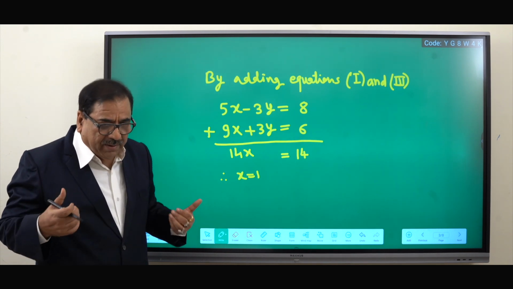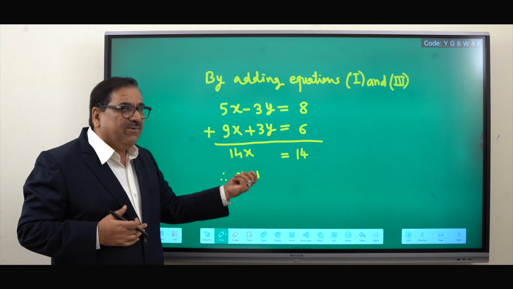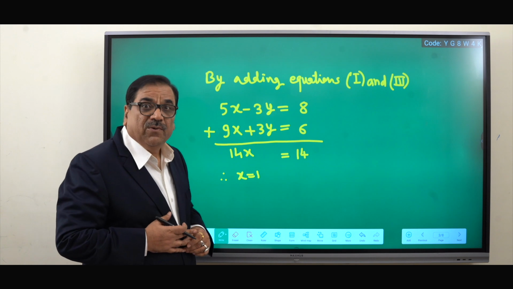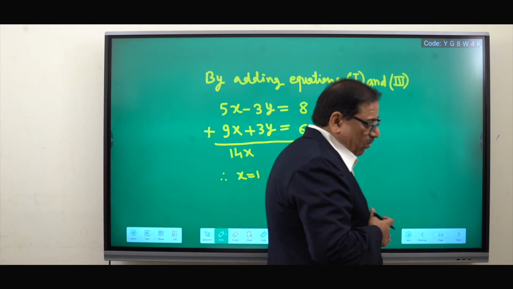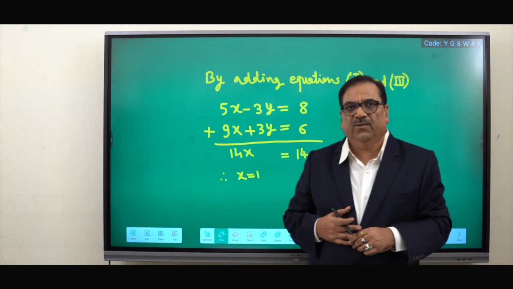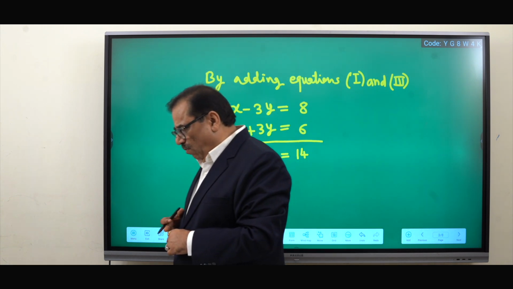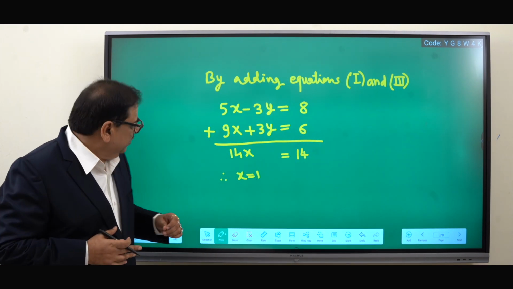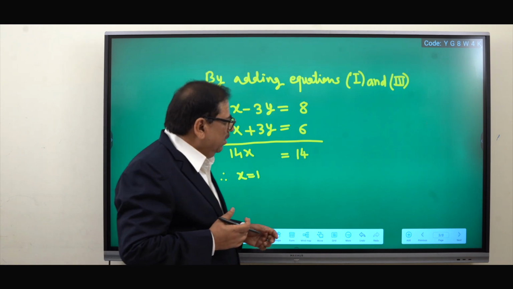Divide both the sides by 14. We will get x is equal to 1. So the value of the first unknown we have got, and the value of that unknown is x is equal to 1. Now we will proceed further and